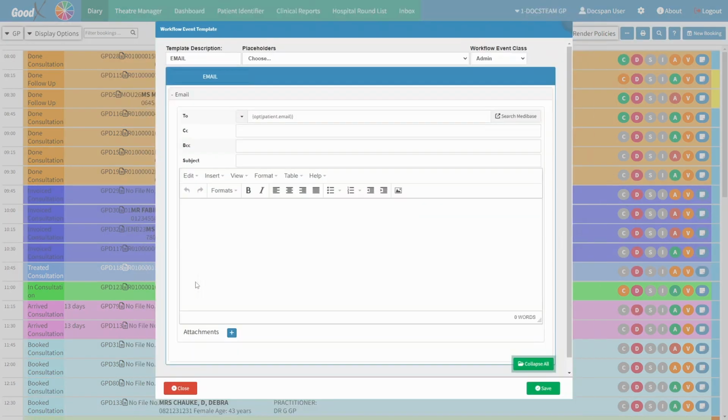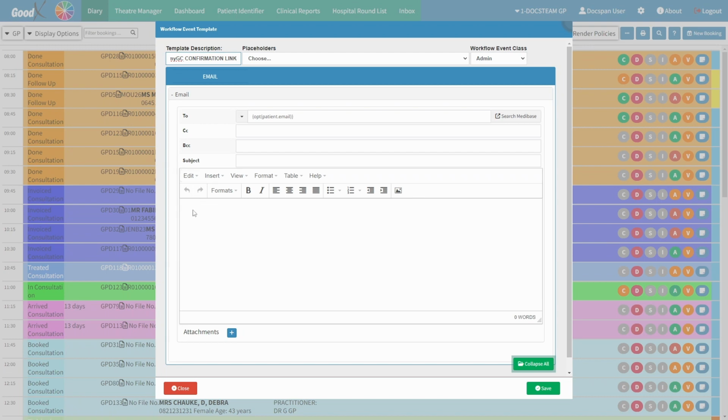Click on the add template button, which will open the workflow event template screen. For more information regarding the email workflow event template, please refer to the workflow event template setup email template user manual linked in this video's description. Setting up the booking confirmation link email event is the first important step in the process, but only ever has to be done once. This ensures that MyGC can reach out to your patients via email, providing a convenient booking